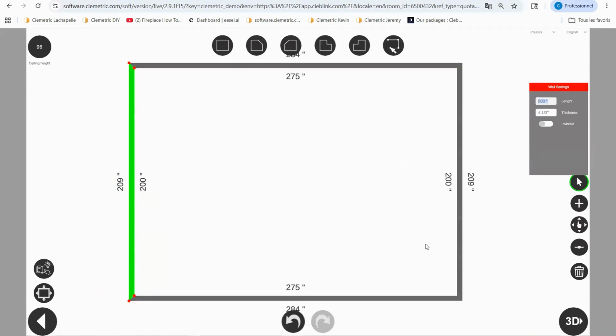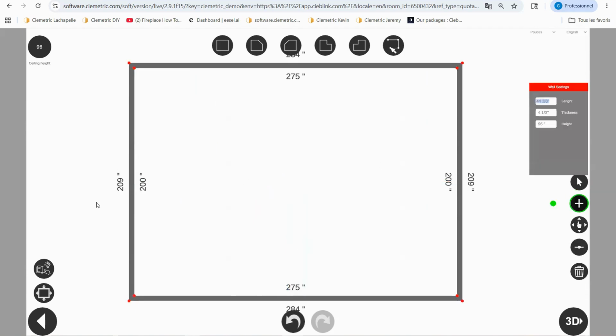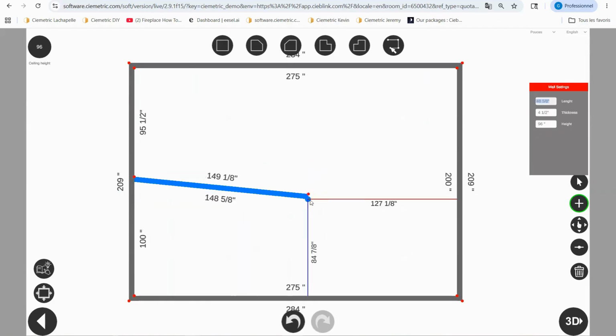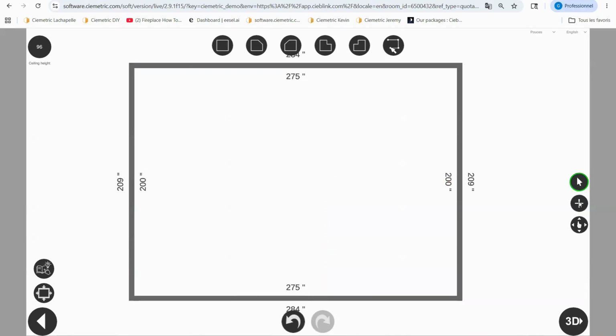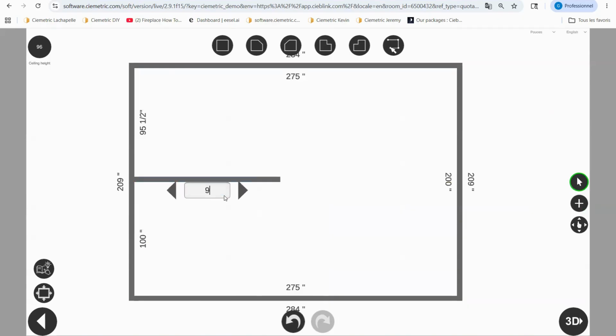You can add some walls. There are some functions at the right to add a wall. For example, if you want to do a wall peninsula, you can just type the plus, put your wall where you want, type the measure of the wall, and type enter. Just going to click it again. I'm going to adjust it. Okay. I'm going to put a line, select the wall, type 96,